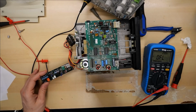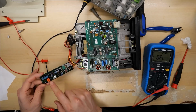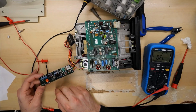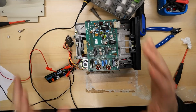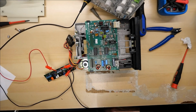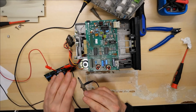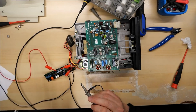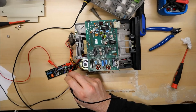I cannot figure out what's going on with this, which leads me to believe that it's this Sony IC here that has gone bad. That's all I can think it can be. Before I swap the board over, let me just power it up one last time and we'll check out the speed on the tachometer reading, and we'll compare it to the board that's working once I swap it over. So I'm picking the tachometer signal off CR1,